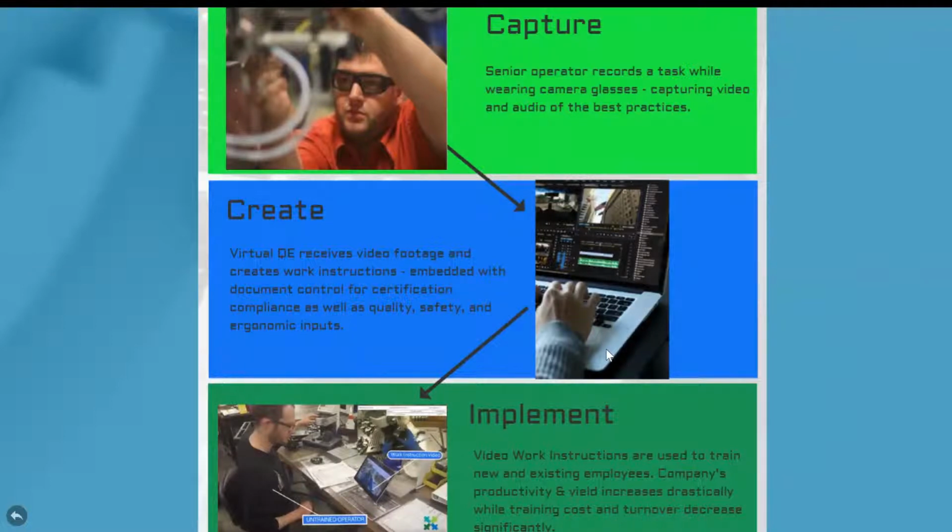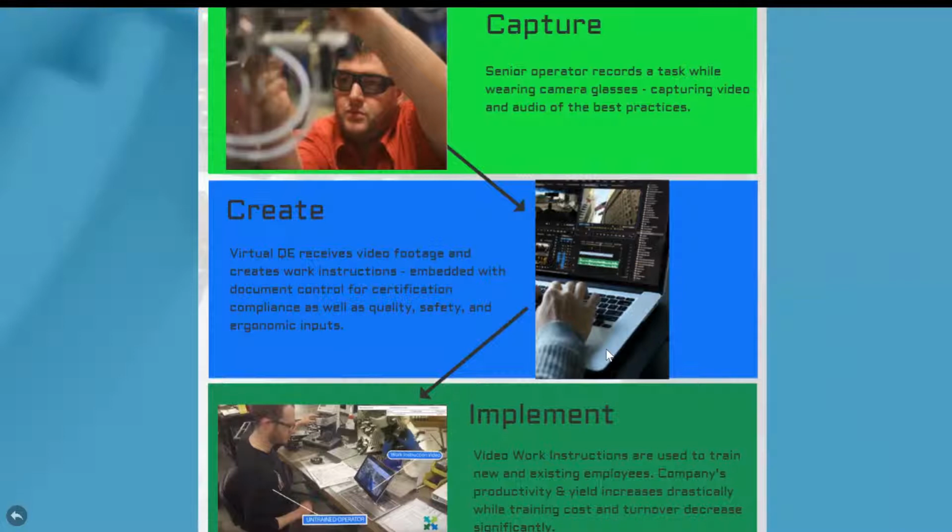We give the hardware to your most veteran, your most expert technician, the one who you want everyone to imitate, the one who does the job the best. We give them safety glasses replacements that have a camera right in the center of the frame. They perform the task, and right then and there you have the task recorded in first person, 1080p quality, and audio.